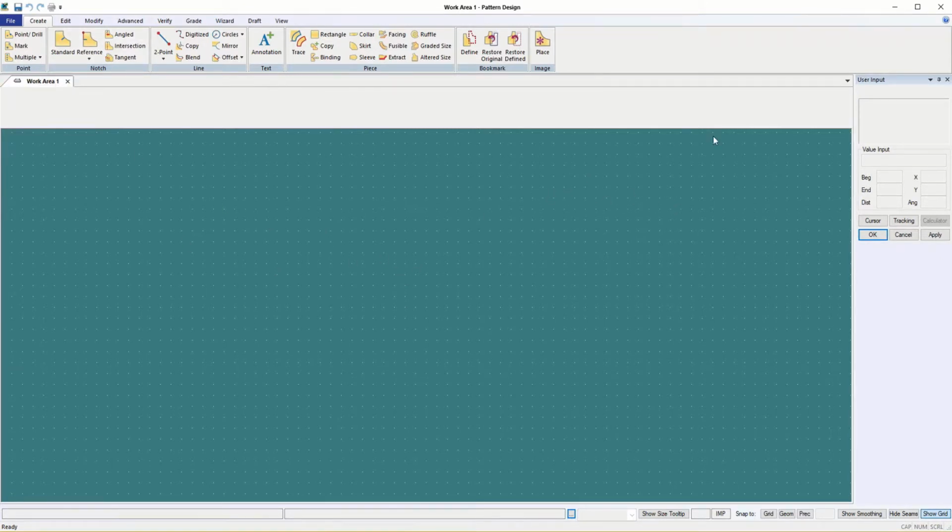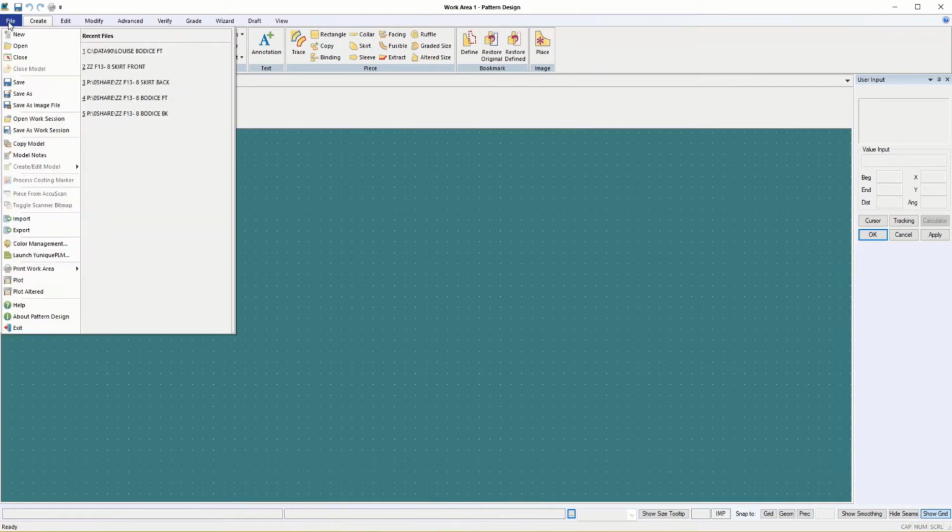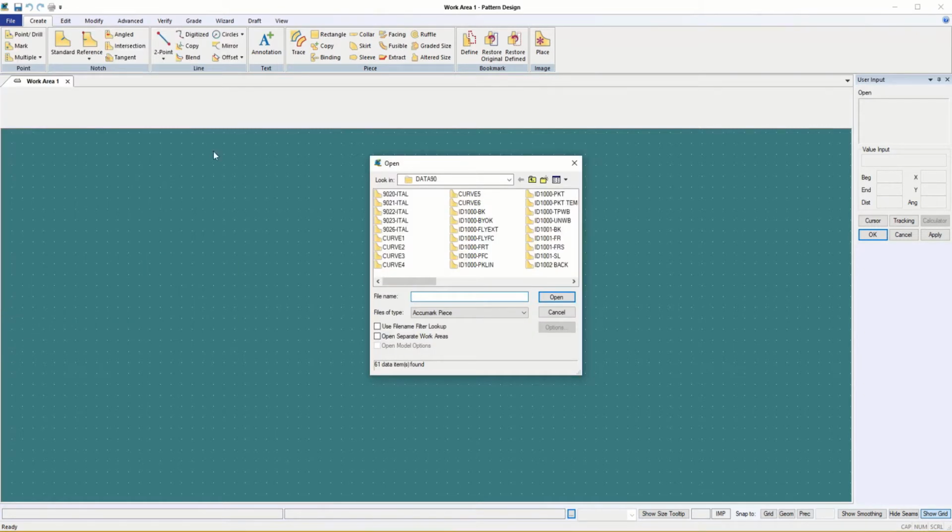All right, open your pattern design program if it's not already open. It's the one with the scissors on it. And then we're going to File, Open, and